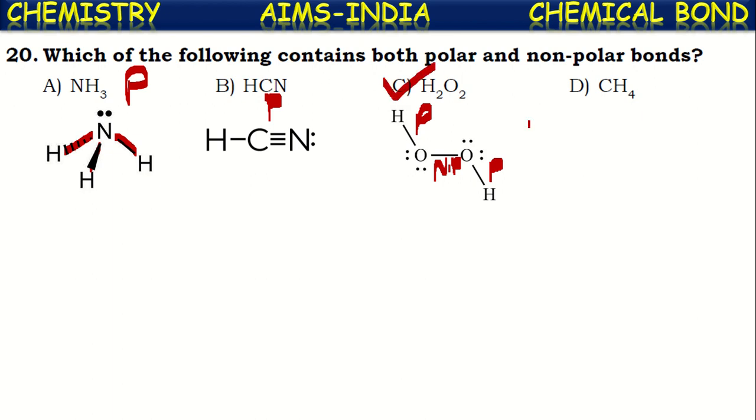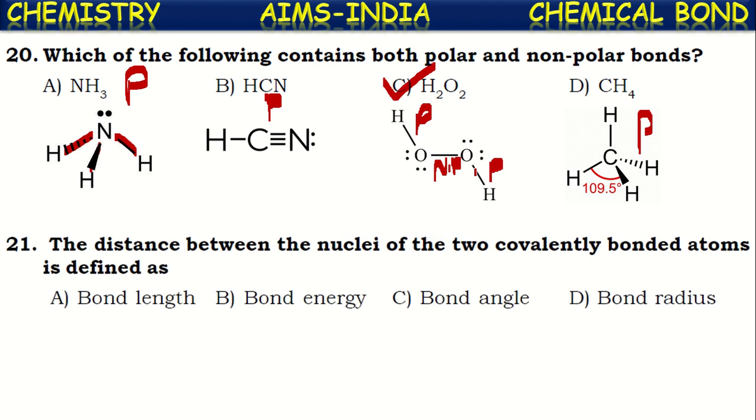If you observe a methane molecule, here also the four covalent bonds are between dissimilar atoms, and hence these are also considered as polar covalent bonds. This is the only molecule with polar as well as non-polar covalent bonds. Okay. Next,